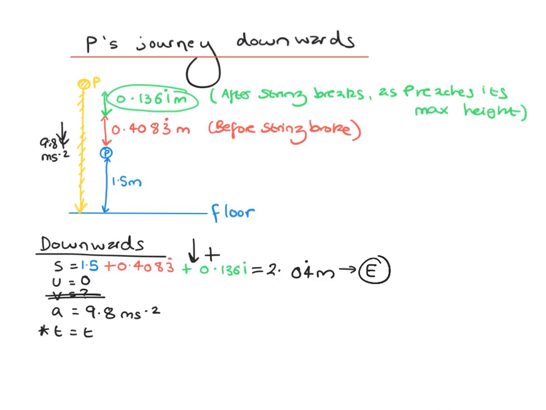We can now calculate the key piece of information we need, which is the time taken to complete this downwards yellow journey. So let's use the fact that s equals ut plus a half at squared. So s, the total distance travelled, is 2.04 recurring. u is 0, so the first part of this cancels out. A half multiplied by 9.8 multiplied by t squared. So the time taken to complete the downwards journey works out to be